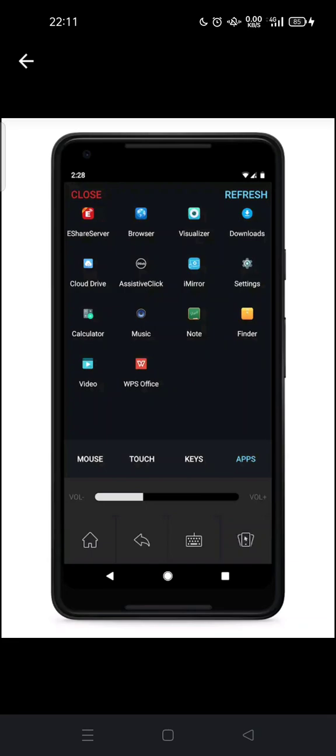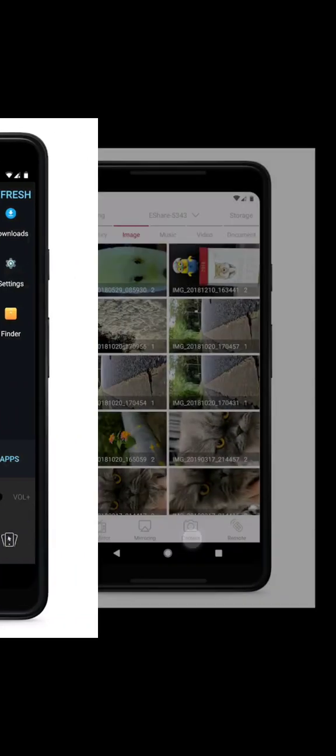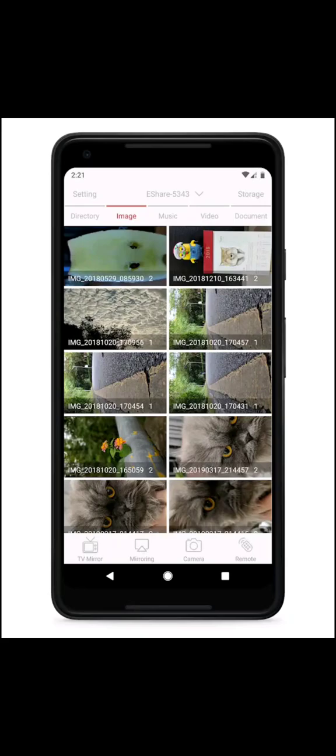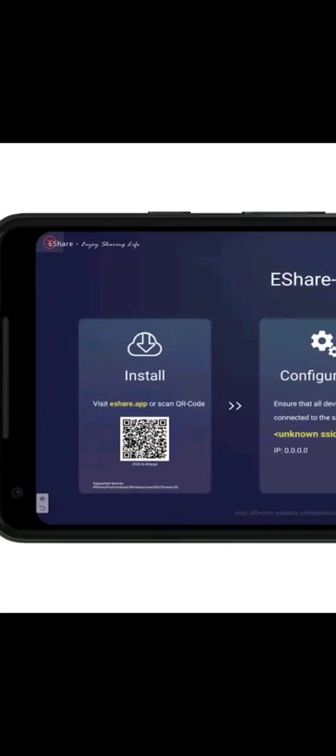So here, for example, some features like eShare server, browser, visualizer, download, and so on. So you can share your image. Also here, you can scan this QR code to connect with your smart TV or just a TV that have